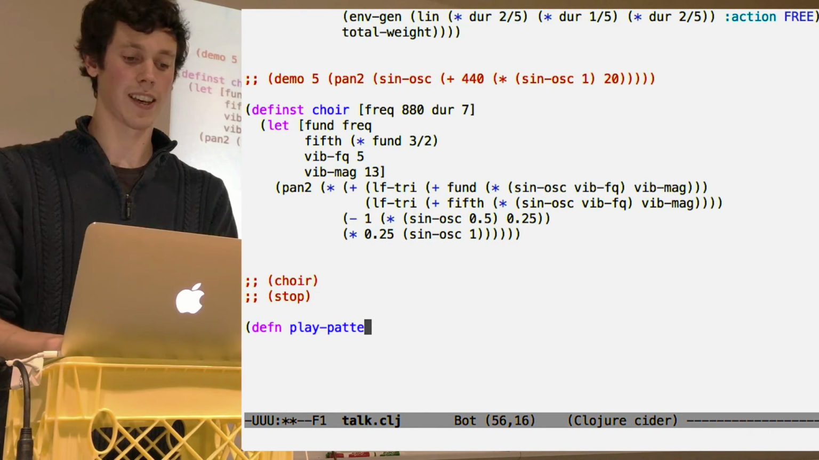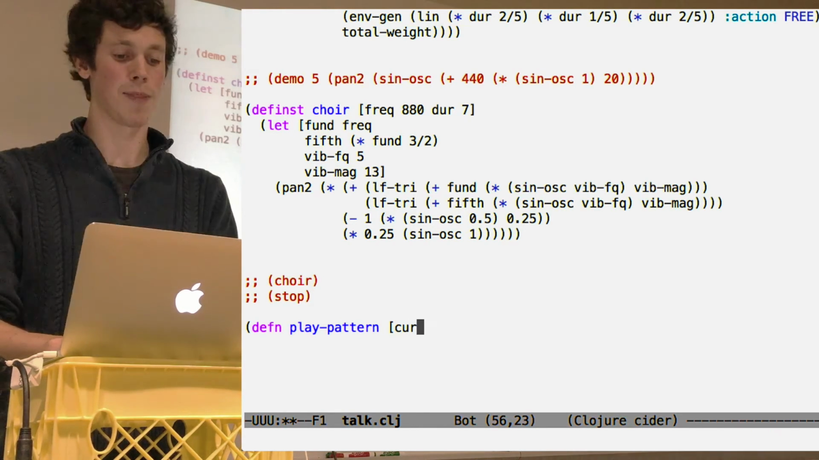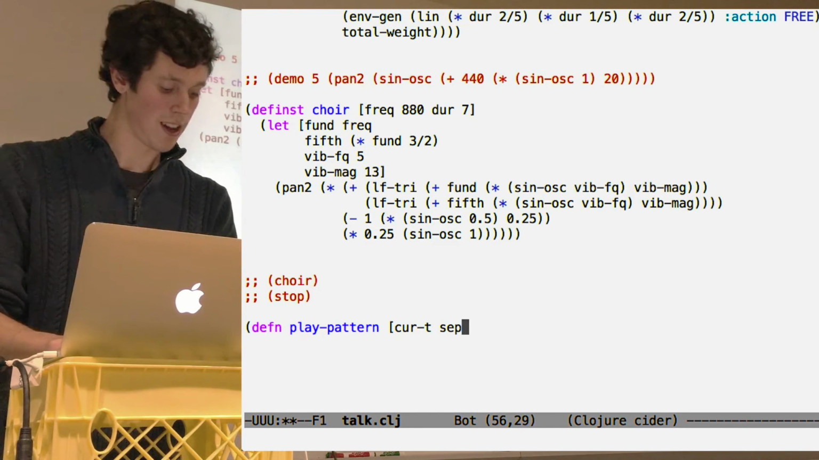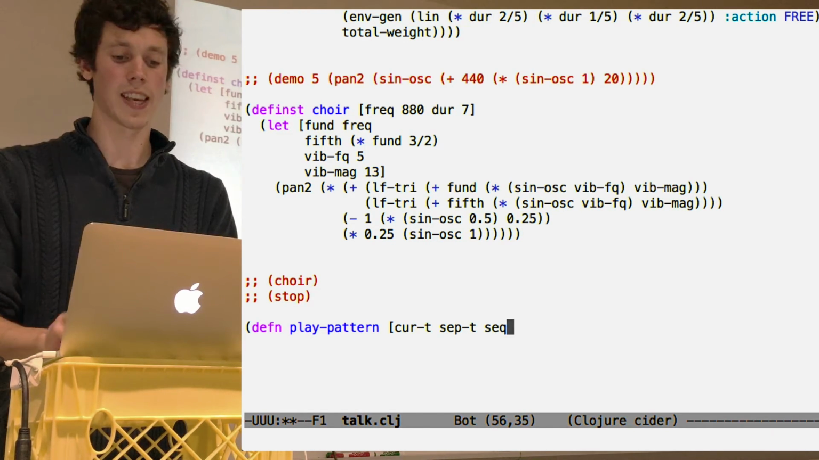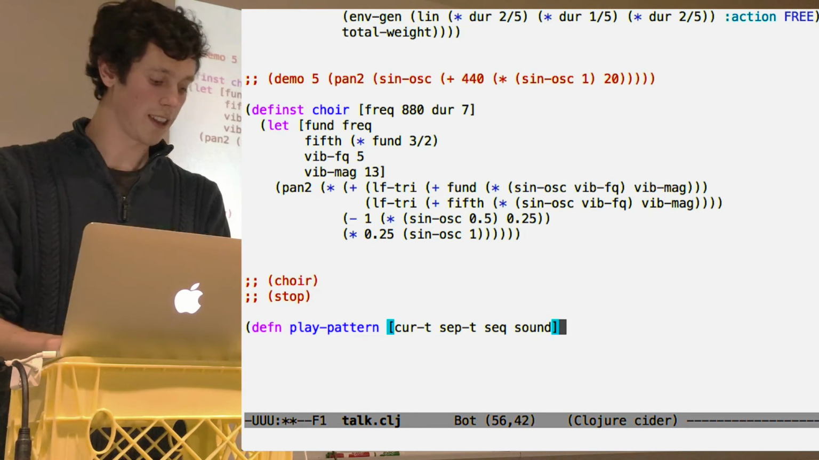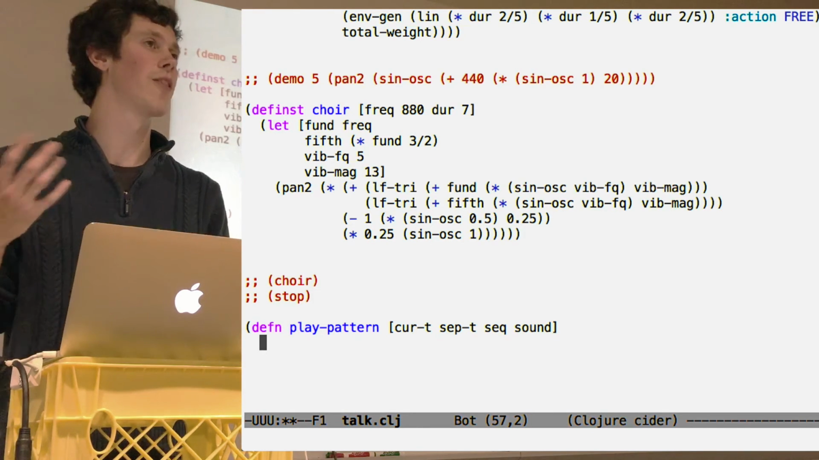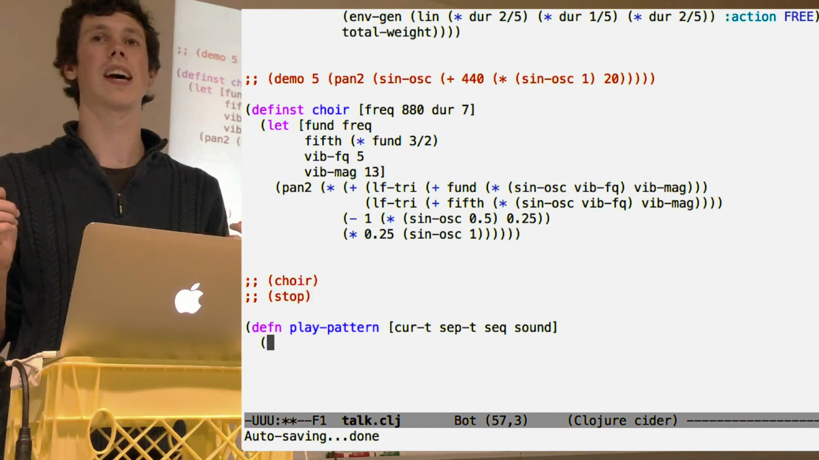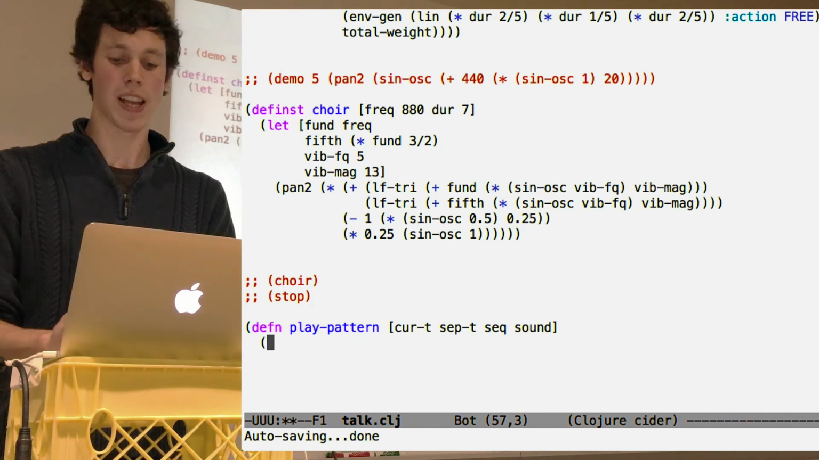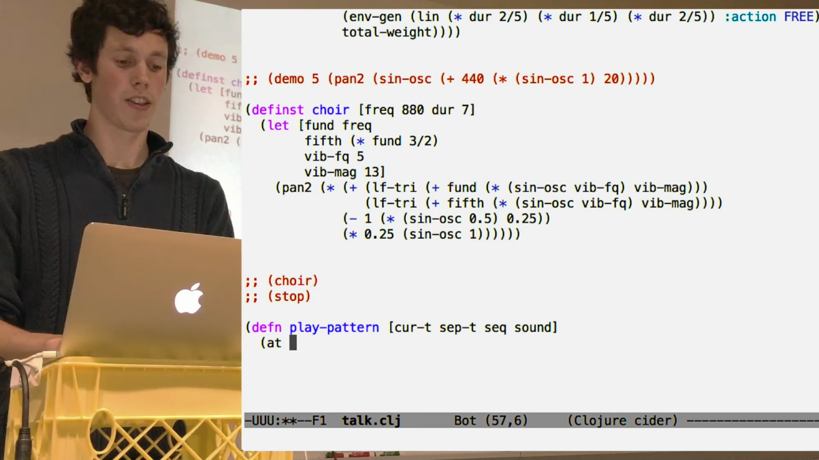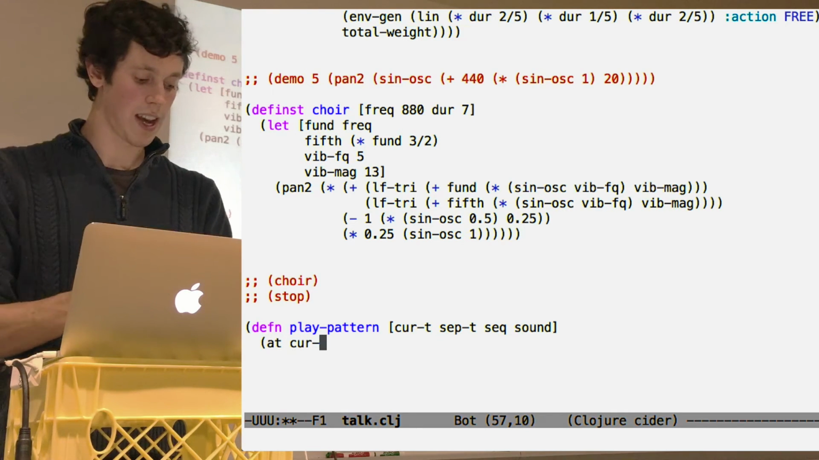And that's going to take the current time, a separation time, a sequence to play, and a sound to play for the sequence. And Overtone has some nice features to play sounds at a given time. And so I can play at the current time